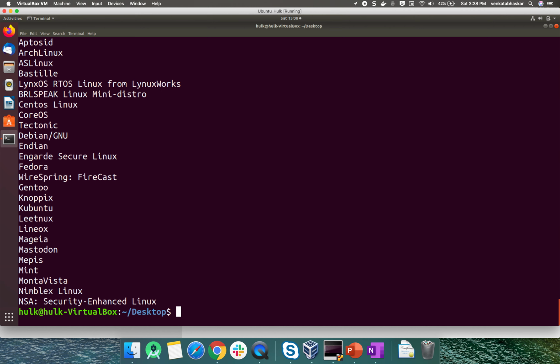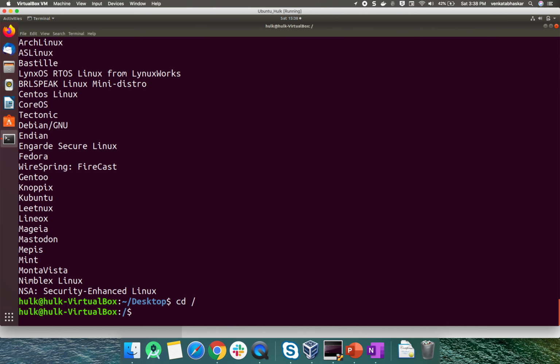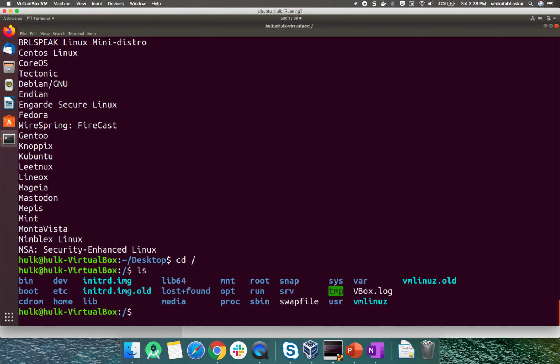So from the root user, we have a lot of predefined commands, right? Navigating to the root, cd /, so I'm at the root of the Linux file system. If you want to see the bin commands, cd bin. Now I will do the ls command on /bin, with a pipe and the more command.